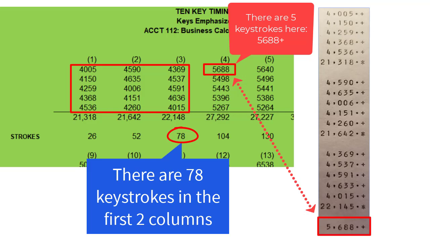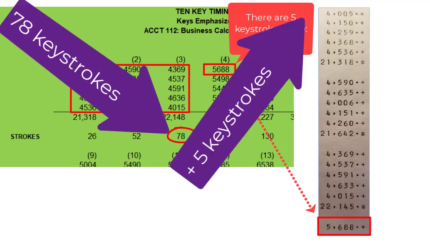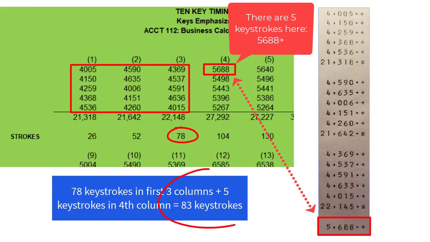So, since this is a calculator class, use your calculator to add the previous 78 keystrokes plus the 5 keystrokes in the 4th column. What do you get? You should get 83 keystrokes. So in this 3-minute timing, I had 83 total keystrokes. By the way, I'm using these numbers in this example because this is how far the average student gets on their very first timing. With lots of practice, most students get close to 200 keystrokes per minute by the end